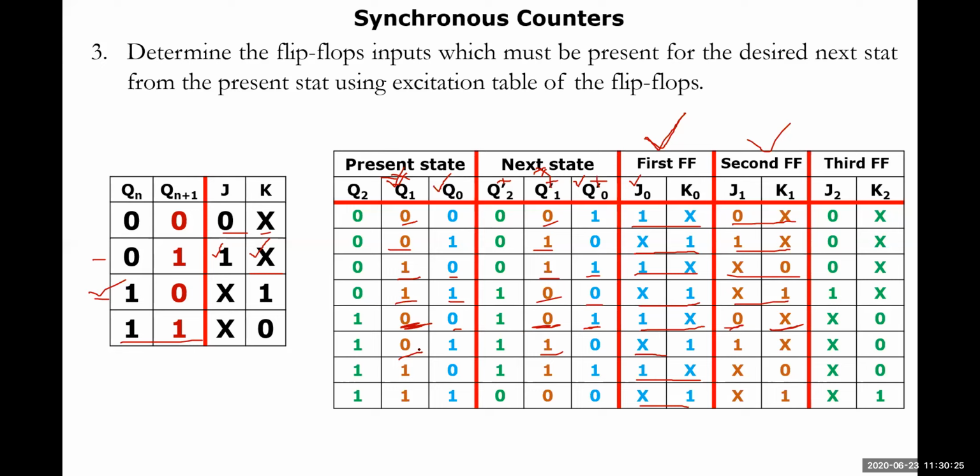So here it is 0, 1. So 0, 1 in the sense, 1 don't care. Yes, 1 don't care. 1, 1 in the sense, don't care 0. Yes, it is don't care and 0. So 1, 0 will be don't care and 1. Yes, don't care and 1. In this way, second flip-flop is continued.